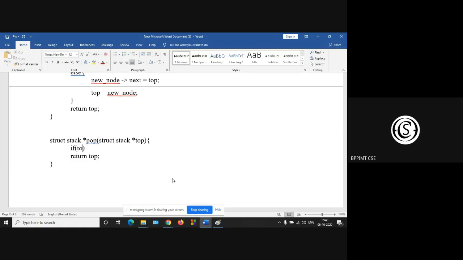So the empty stack condition, if your top is equal to null, you can write just the stack is empty. Okay. Otherwise, the stack is not empty. There is something.